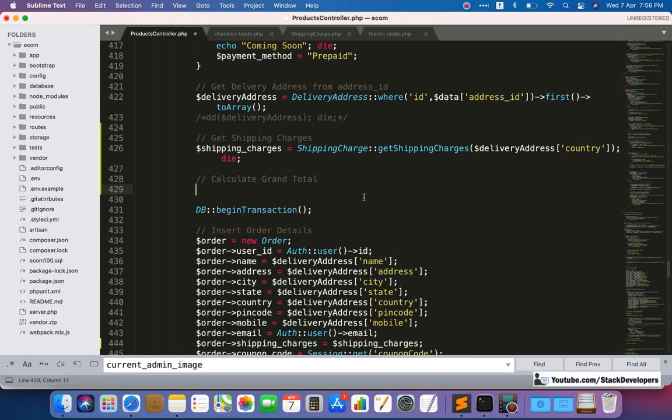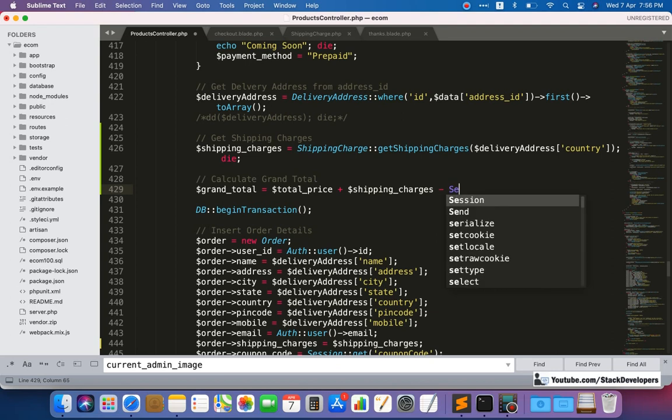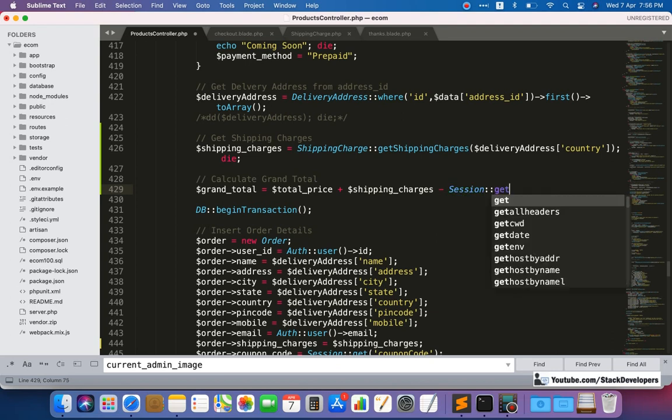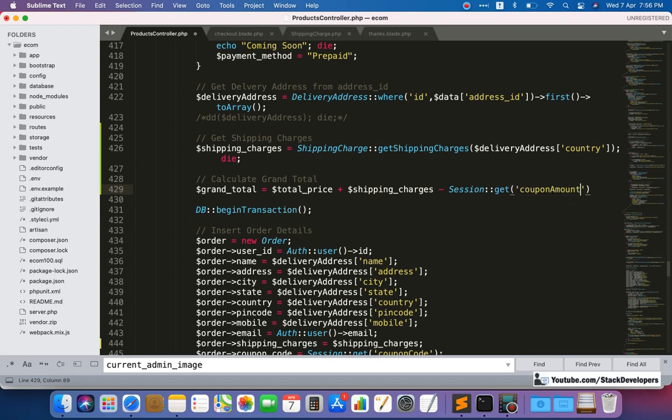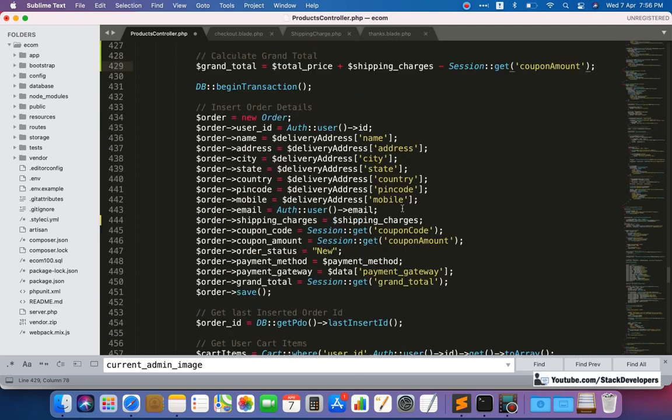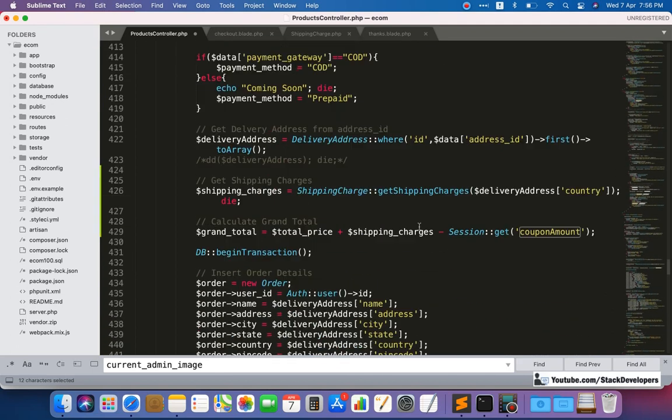I'm going to use it here to calculate the grand total: total price plus shipping charges and minus that coupon amount. The coupon amount we already have in session. Make sure whether the C is in caps or small. It's in small. So this one.